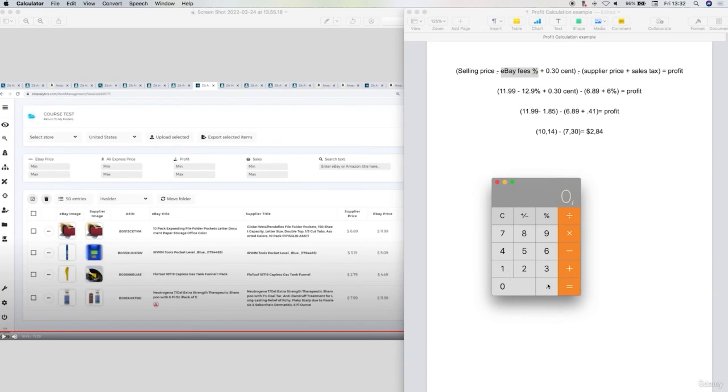So now let's calculate. Let's take 12.9% from $11.99. This gives you 1.55, plus the 30 cents, which gives you $1.85. And now calculating the sales tax, which is 6%. So subtract that from the supplier price. So $11.99 minus the $1.85 gives you